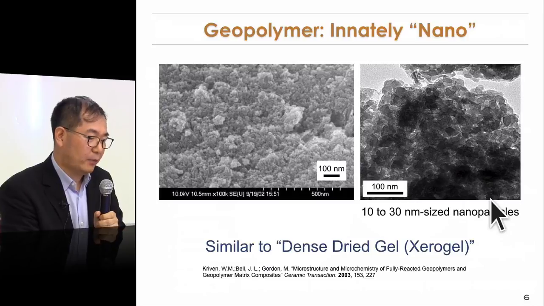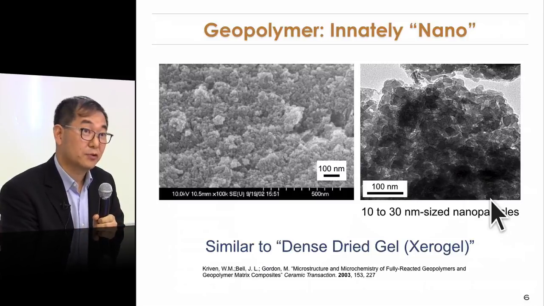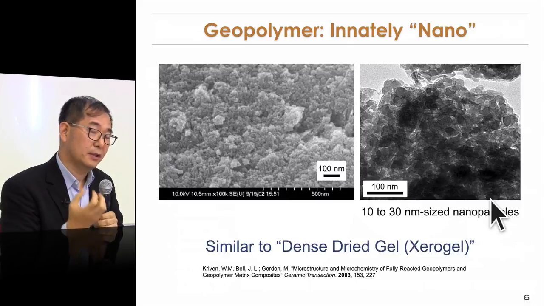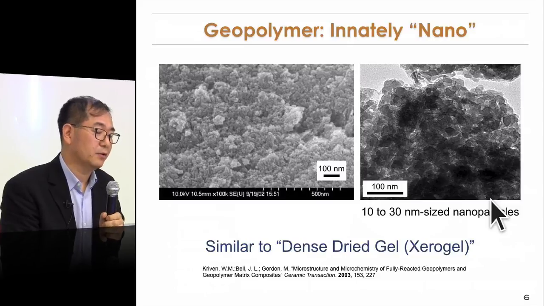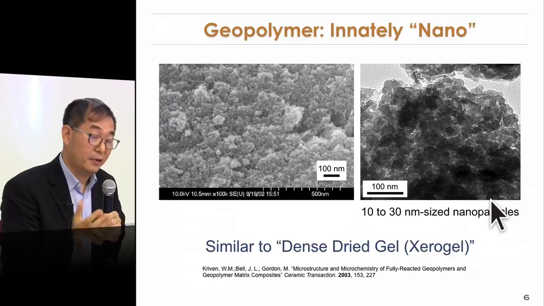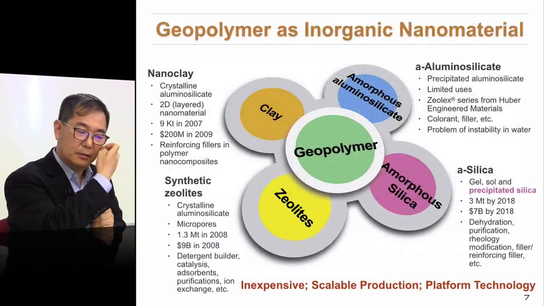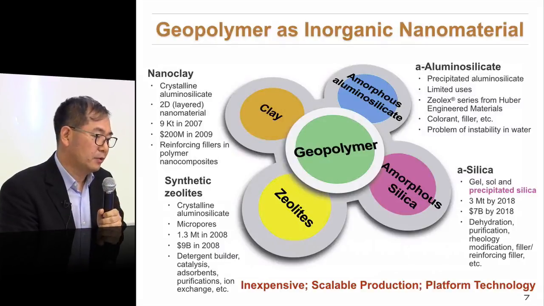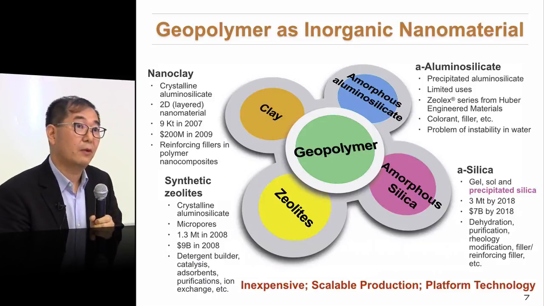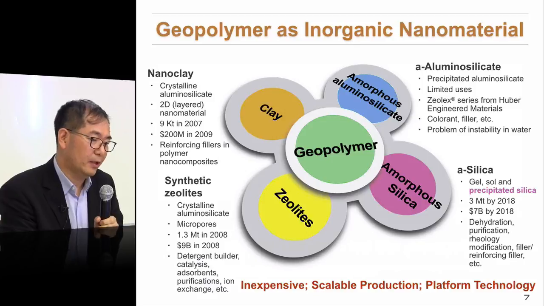So the important thing is, let's open up this network structure further to make this structure really nano. And we use this nanostructure feature for certain functions, especially sustainability-related functions. So another way of looking at this idea is to compare this geopolymer with some other very well-known large-scale inorganic